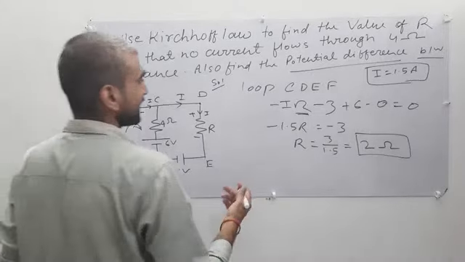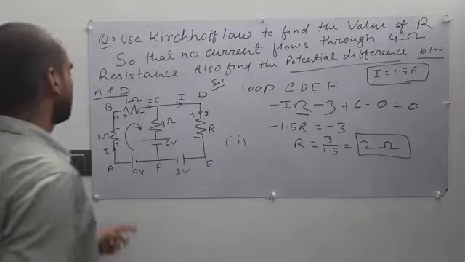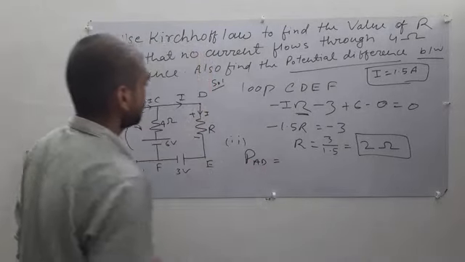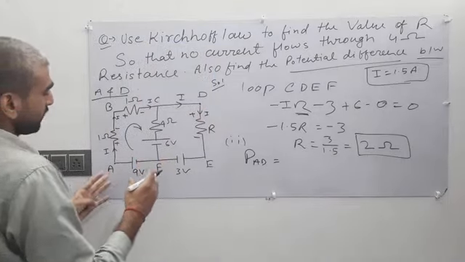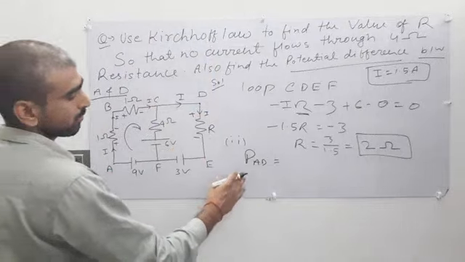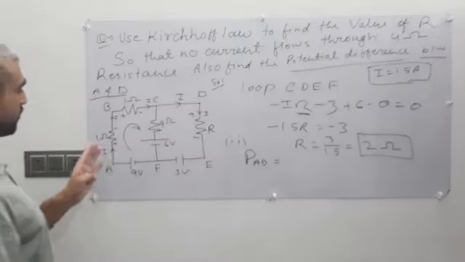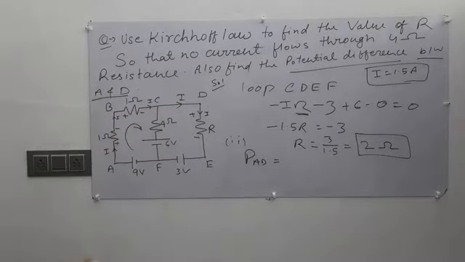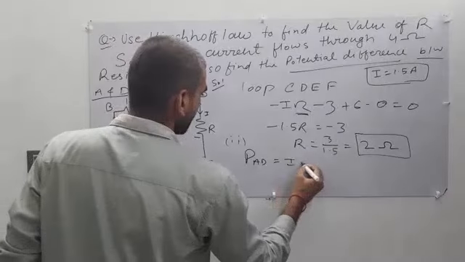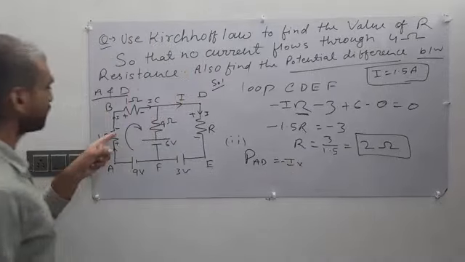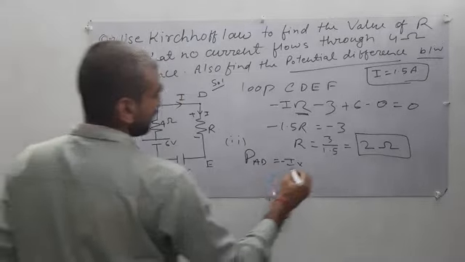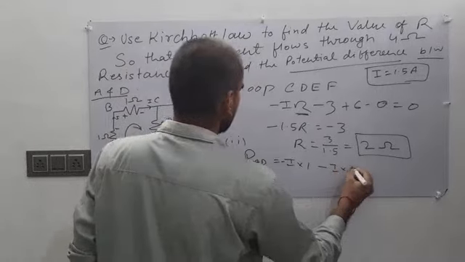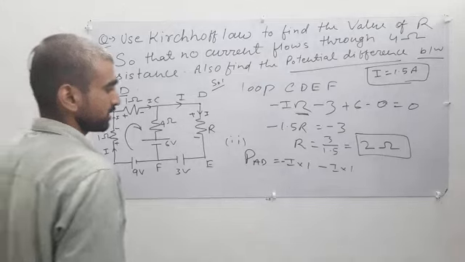Okay. Now the second thing is the potential difference between A and D. If we calculate the voltage drop between point A and point D, then we find the potential difference between A and D. That means the voltage drop in this branch and the voltage drop in this branch. That means I into, minus, because we leave from the terminal, minus I into 1 minus I into 1. There is no resistance here, that means nothing.